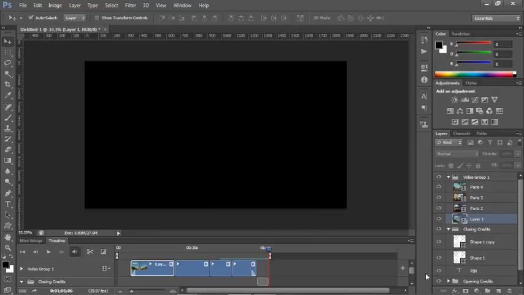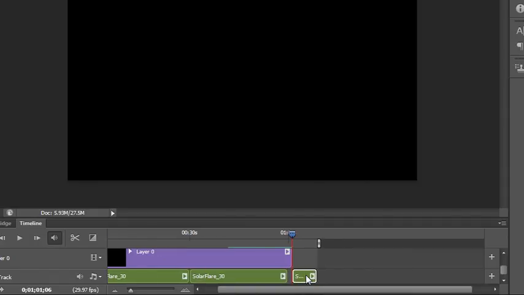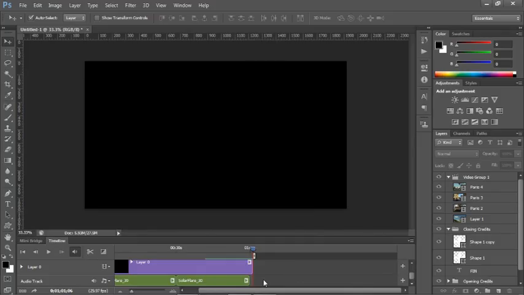Now that last bit of music at the very end is totally unnecessary, so we can drag that out, and then with it selected, just hit your delete key. So now the sound is going to fade out nicely, the closing titles will fade out nicely, and you're good to go. Now you could save your file and export it or render the video if you like,